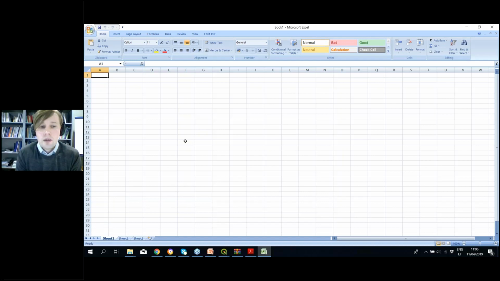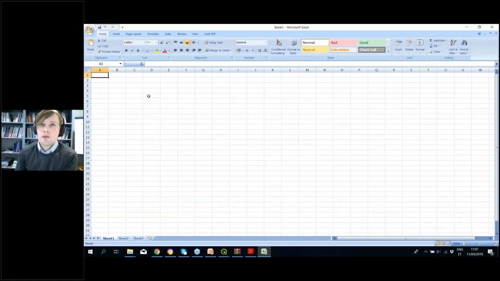I think it's a little bit of a problem with the newer Excel files than you see on my laptop. Currently I'm using Excel 2007, which is quite ancient. But if you're using, let's say, Excel 2016 or the Office 365 version,